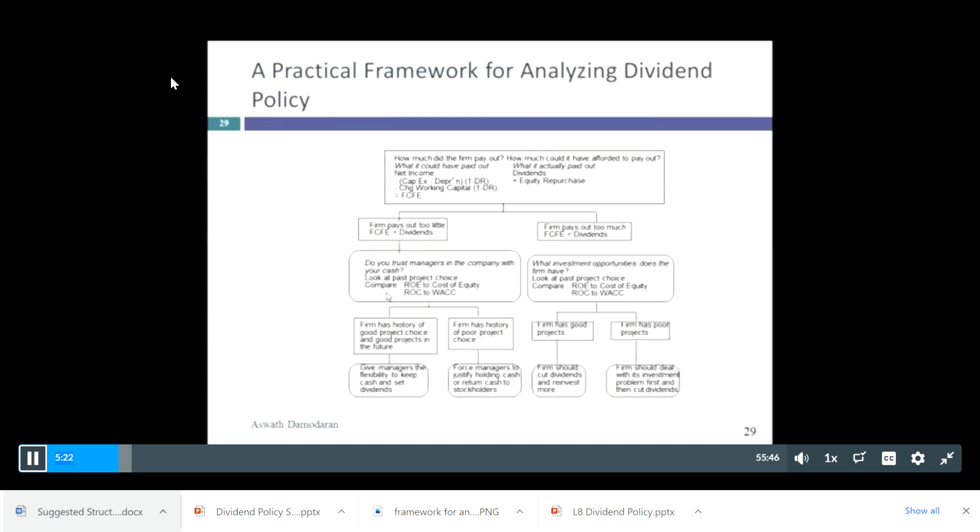We don't know what they will do in the future, so we can compare return on equity to the firm's cost of equity, which you've already calculated for your firms. Of course, return on equity you did at the very beginning, and if you didn't, that's a very simple calculation that we'll go over again. And you have your cost of equity from your recent cost of capital estimation. And then we can also fairly quickly compute a simple return on invested capital and compare that to our cost of capital.